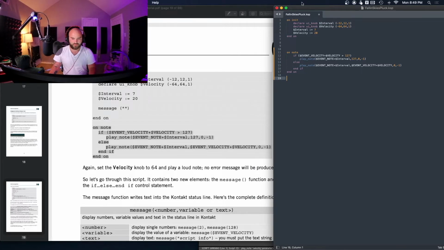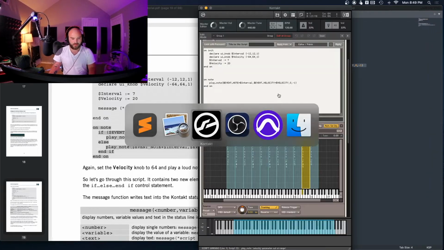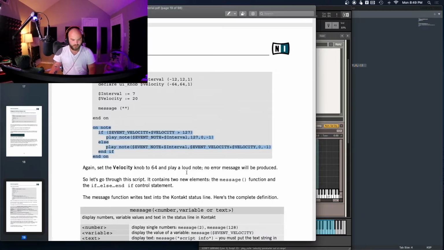Looks like it. On note, if event velocity plus. Okay, so yeah, this looks just about correct to me. So let's copy all of that, go back into Kontakt, paste, apply. Looks like everything is good. All right, and play a loud note. So if we play a loud note now,